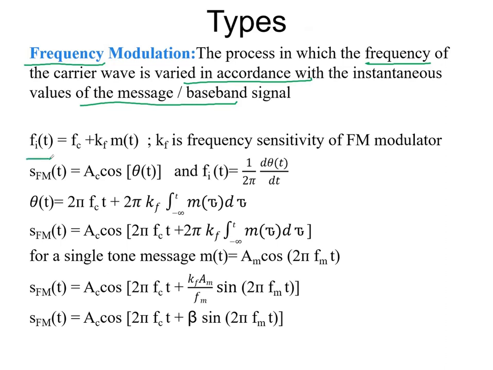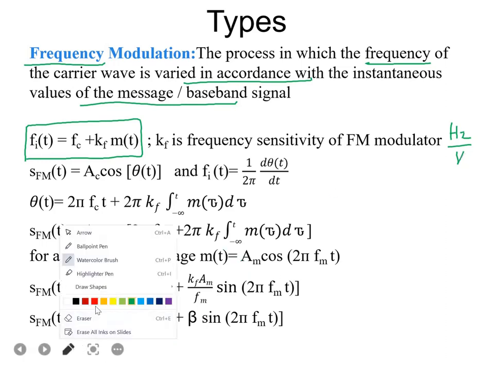The basic definition is that the instantaneous frequency is varying with respect to the message, meaning instantaneous frequency is directly proportional to the message signal, where fc is the fixed center frequency or the carrier frequency, and kf is a constant, just like kp what you have studied in phase modulation. Here the sensitivity constant for frequency modulation is represented by kf, which is called the frequency sensitivity. And in general the units for this, if you are considering it as a voltage waveform, since these are in hertz, this is in volt, obviously the units must be hertz per volt,